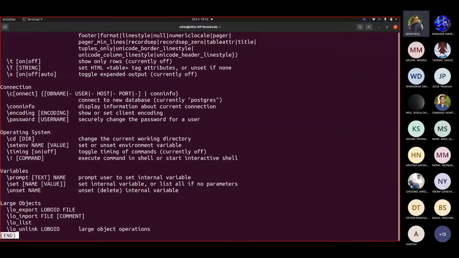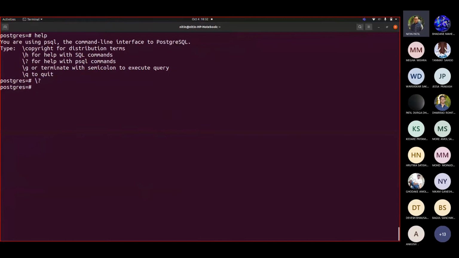Okay, now there are multiple commands which we are going to learn. Rather, there is one important command that one should know, /q, which is to exit, because that is an important thing to address. So you write PSQL. Now, while we tried logging in with our user, we could not see what exactly happened.